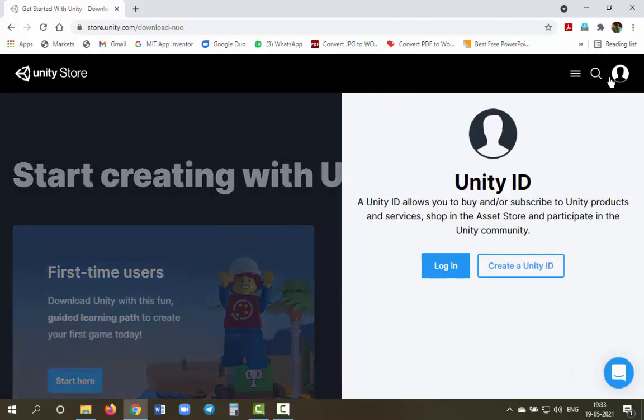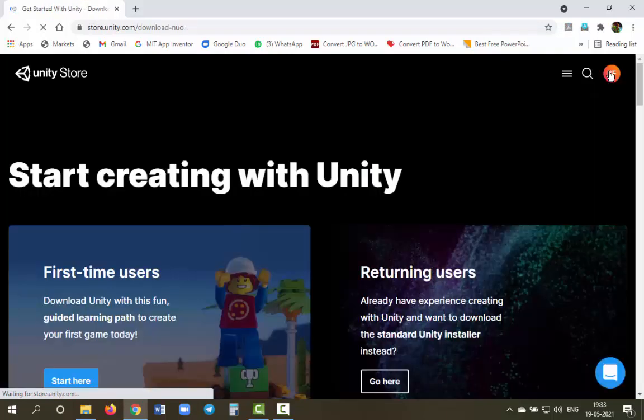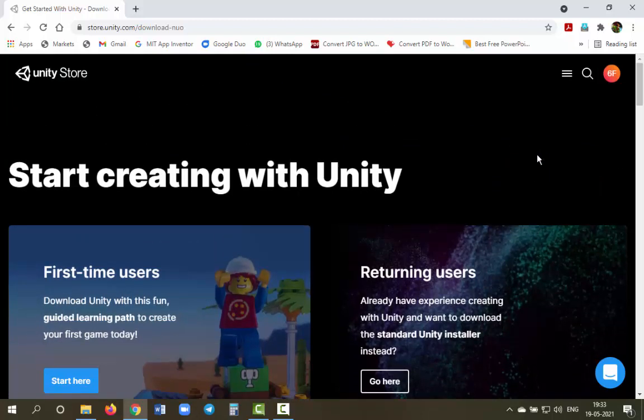If you click on here, then it will display the login page option or create a Unity ID. If you click on login, then it will ask for your login credentials. I have downloaded this software before, that's why it is not asking for my credentials. Because I have already submitted my login credentials, that's why it is not asking.